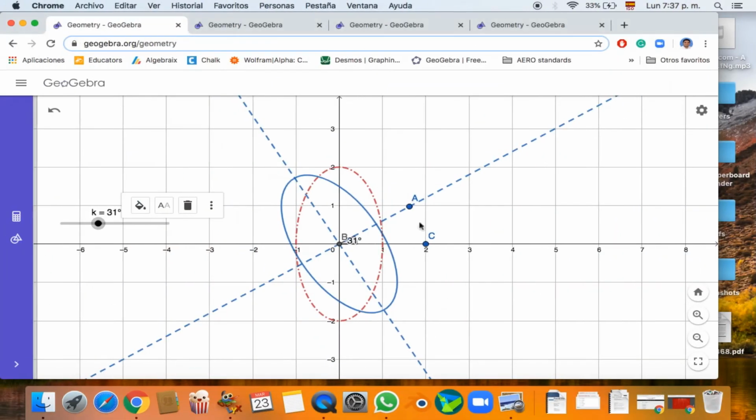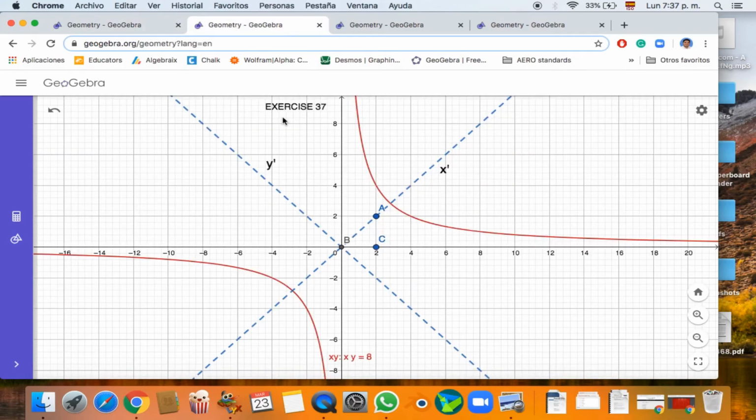And for the exercises of today, exercise number 37, if you graphed it, you would see something like this. This is xy equals 8. Yes, it's a hyperbola. And if you calculated the angle,